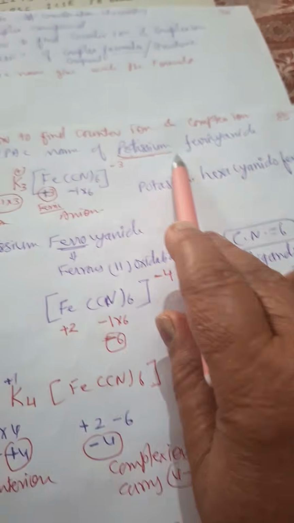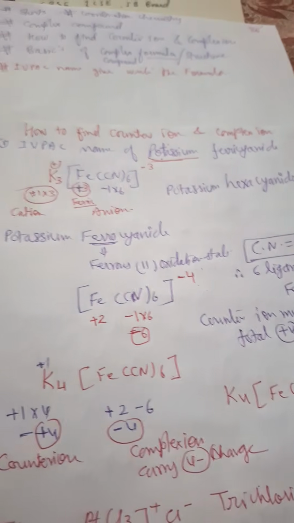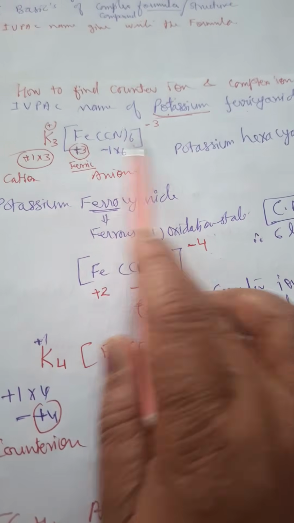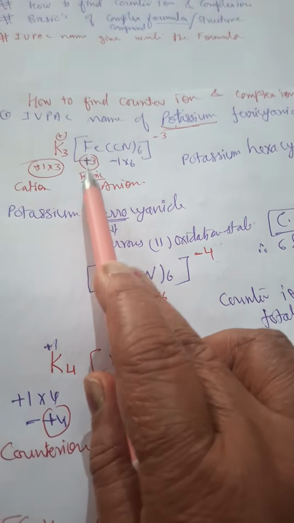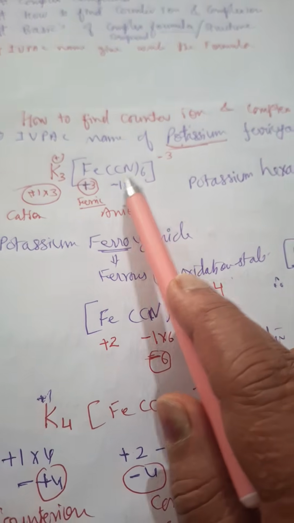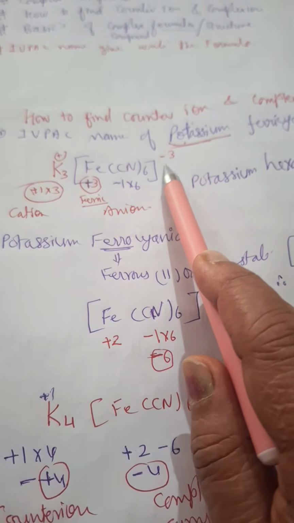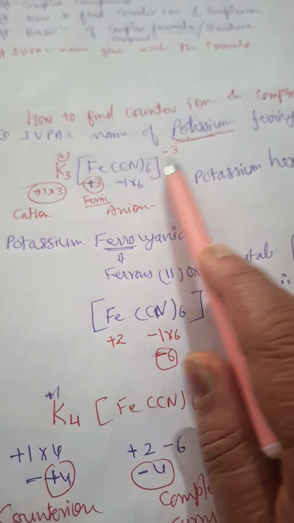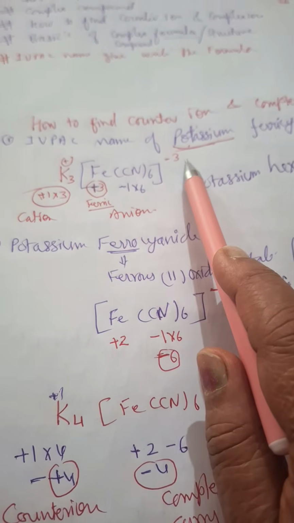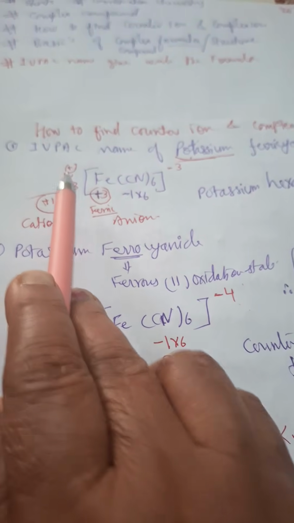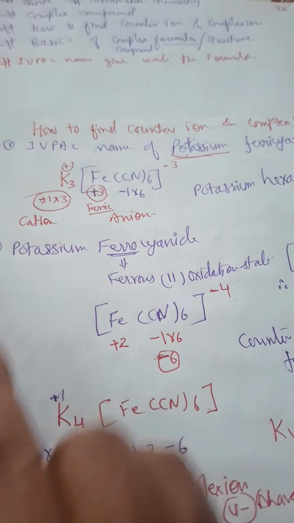Because from the name potassium ferricyanide we cannot directly understand which formula to write, but from the basics you understand that iron is in +3 oxidation state and the 6 CN carry 6 negative charge. Add them: -6 + 3 becomes -3. So the coordination sphere bears -3 charge. So we will write K3, because each K carries 1 positive charge, so 3 K carry 3 positive charge. We can write it like this.